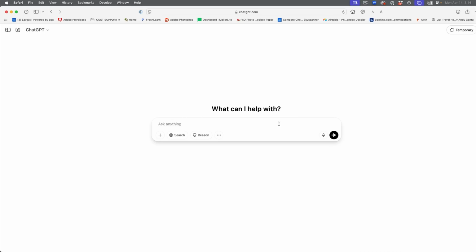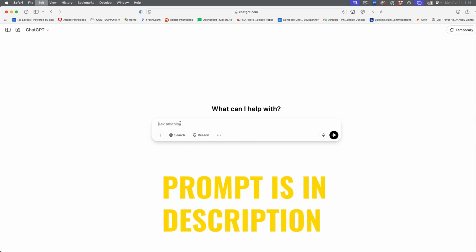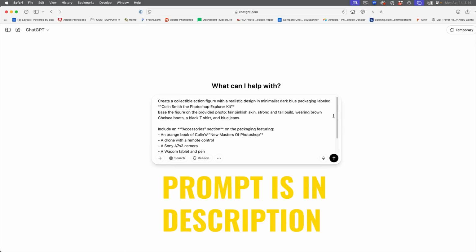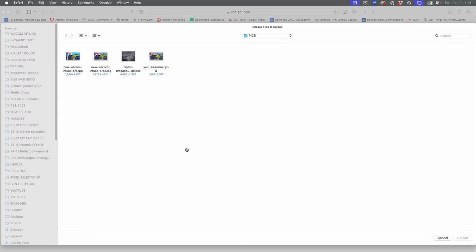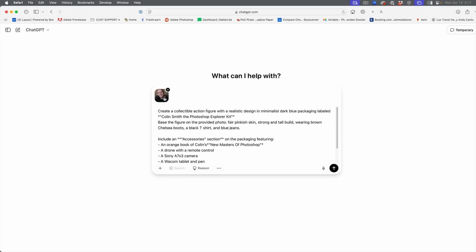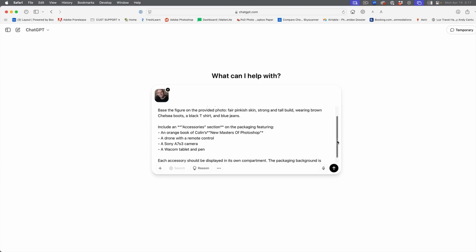And let's do the same thing here on a desktop. So on the desktop, go to chatgpt.com. So right now, I'm just going to paste this prompt in. Great. And we'll hit the little plus button, and we're going to upload a photo. And here's a headshot here. Now, it doesn't have to be a full body. Chat GPT just really wants the face, and then we're going to just go ahead